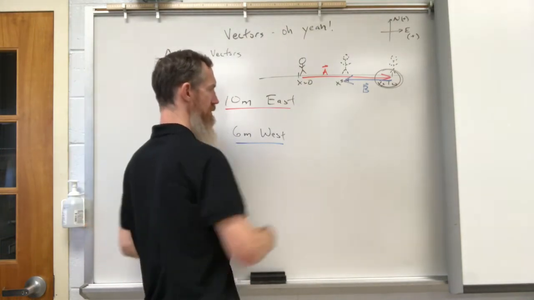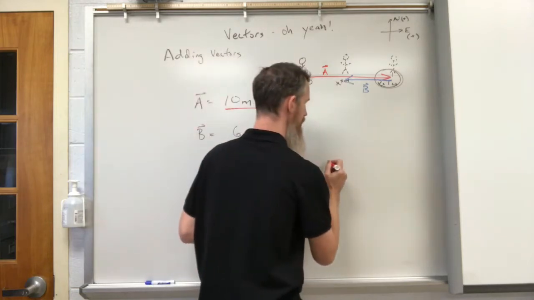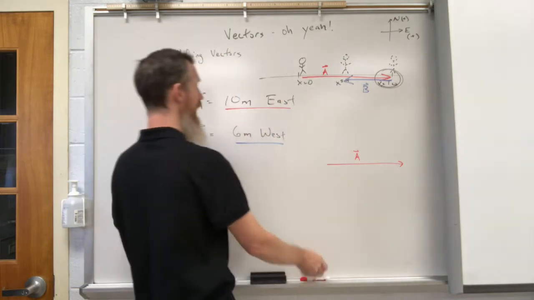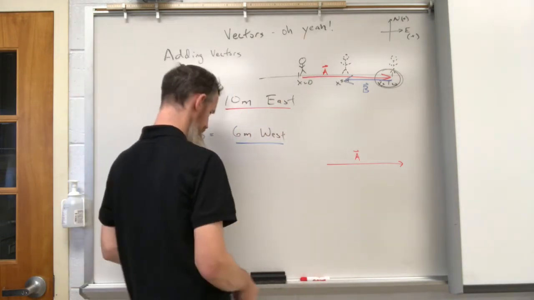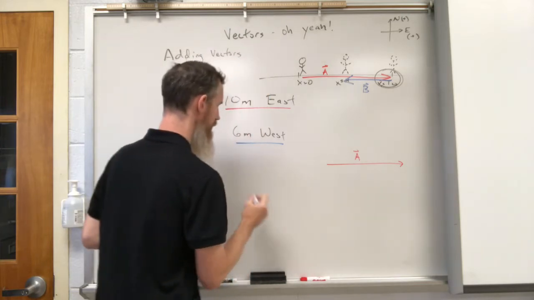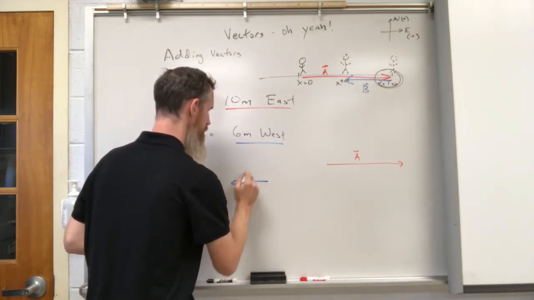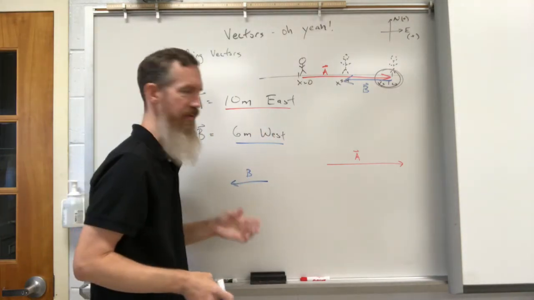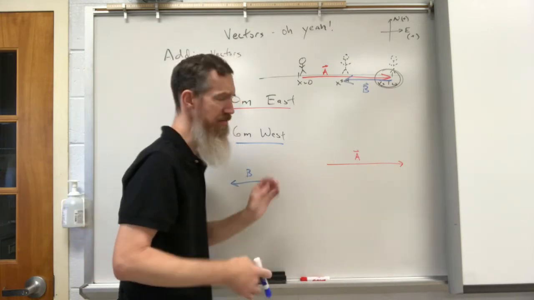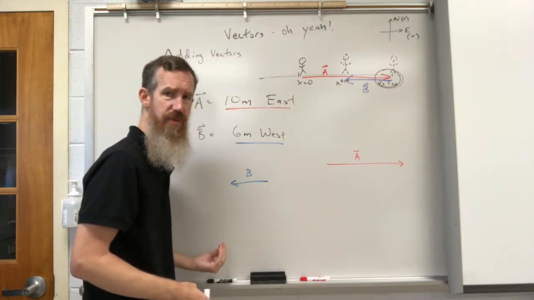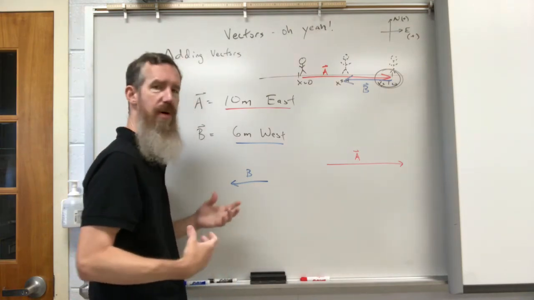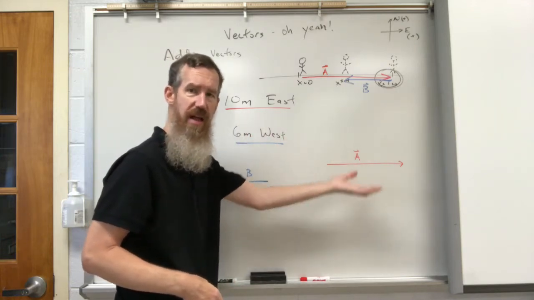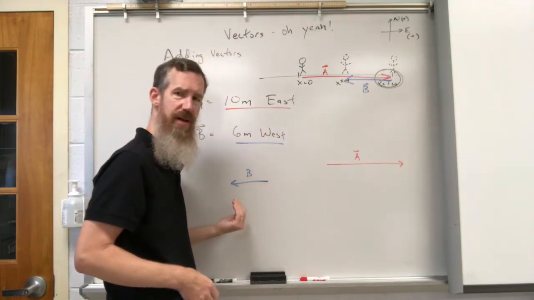Now if I draw this off to the side instead of in the picture here, we take vector A, that'll be here. And when I say vector A, we know that's the 10 meters east. Vector B, I could draw over here. That's the 6 meters west. Now they're not together right now, they're separate, right? I can walk 10 meters to the east, and on a separate day I could walk 6 meters to the west. But when I say I'm going to walk 10 meters east, then turn around and come back 6 meters west,